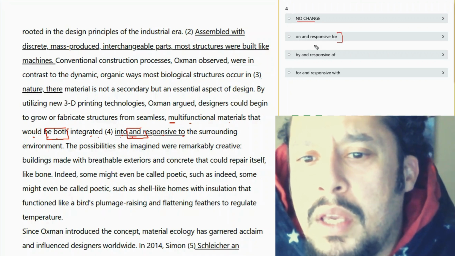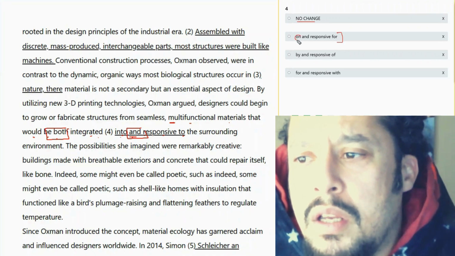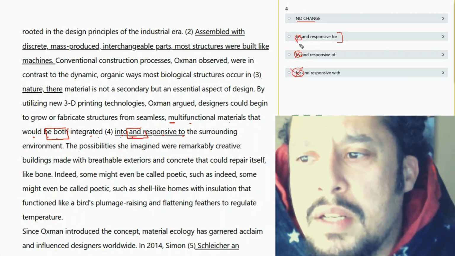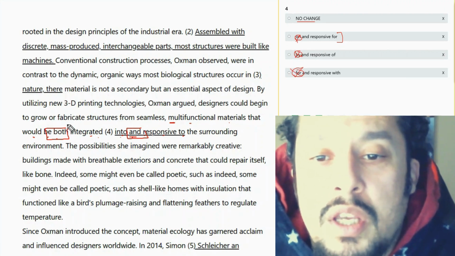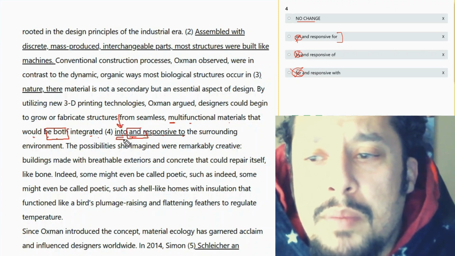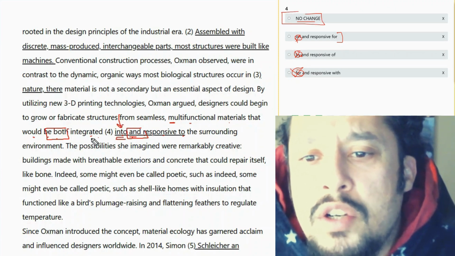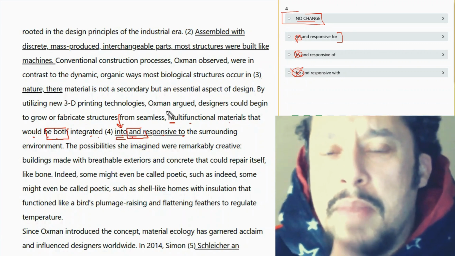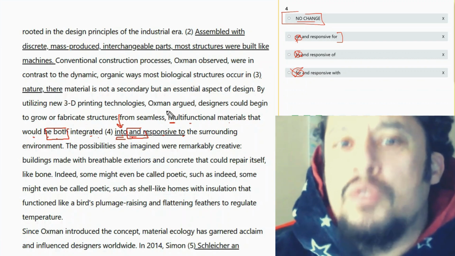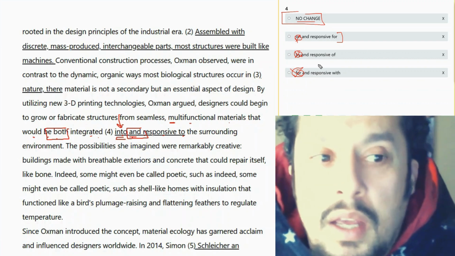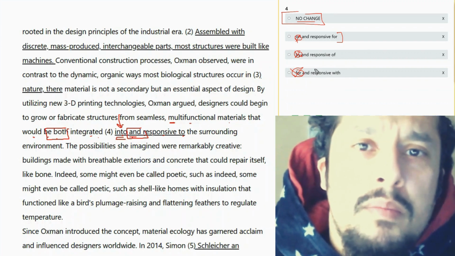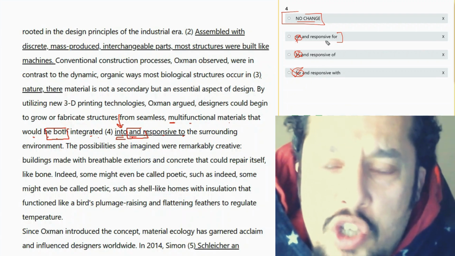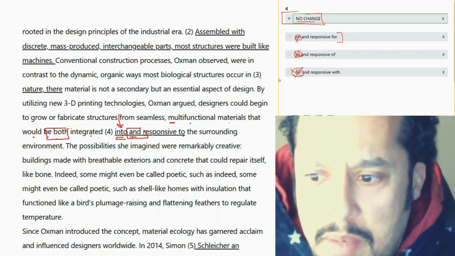Let's see answer B. Integrated on, no. Integrated by, these prepositions are wrong. Integrated for is basically not a parallelism issue. It's actually about the meaning of the preposition. Answer A, because integrated into means I take something and put it into something else. I mix it together. So when I mix two things together, it goes into it, not on it or by. By explains how we do something. So that's not acceptable. And for again, it changes the meaning.